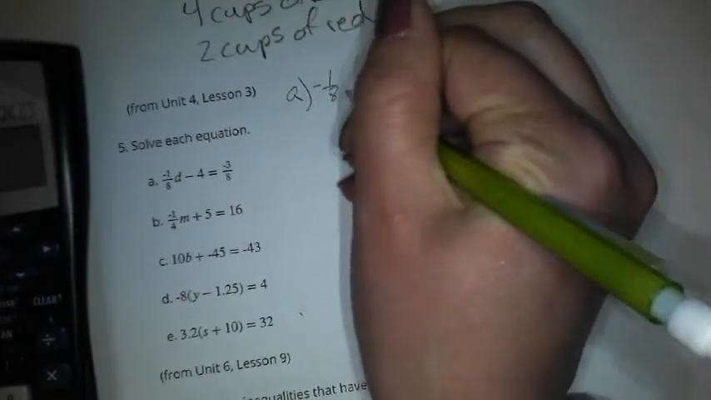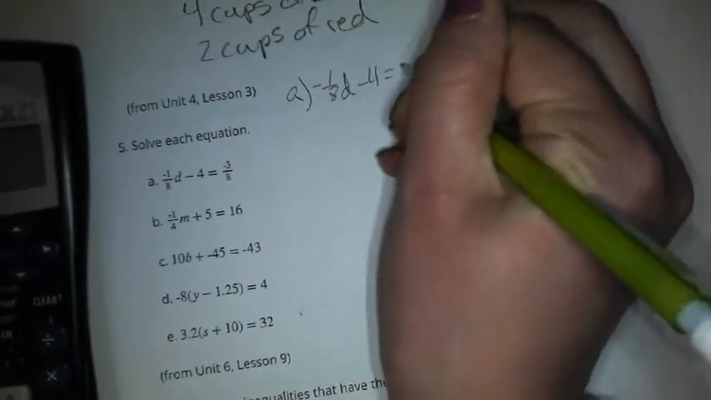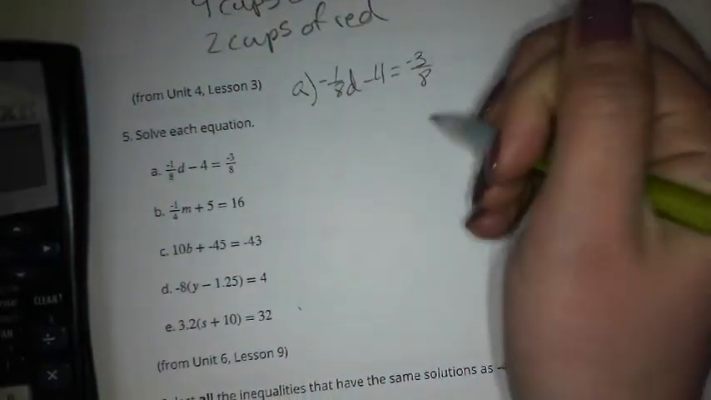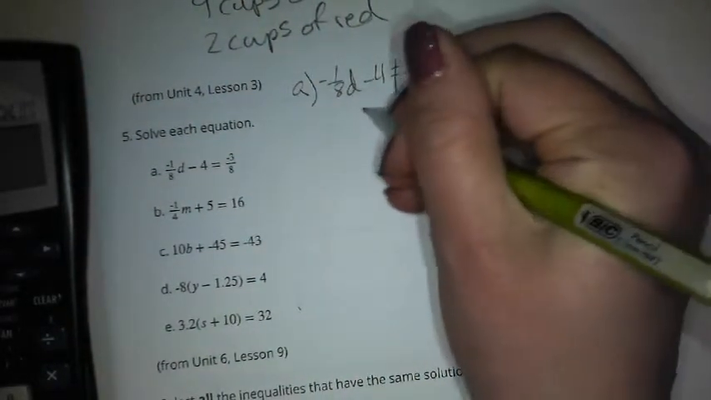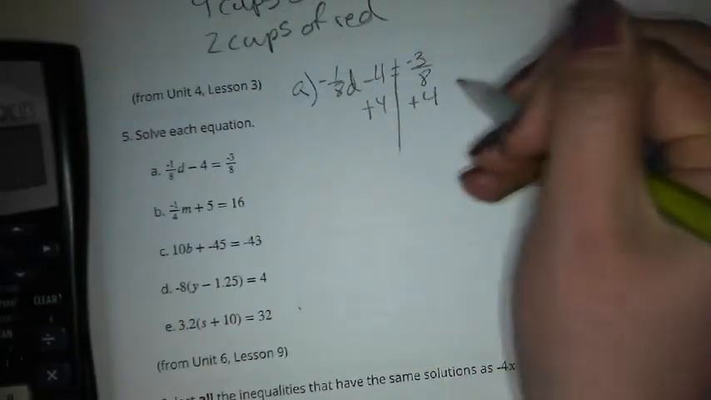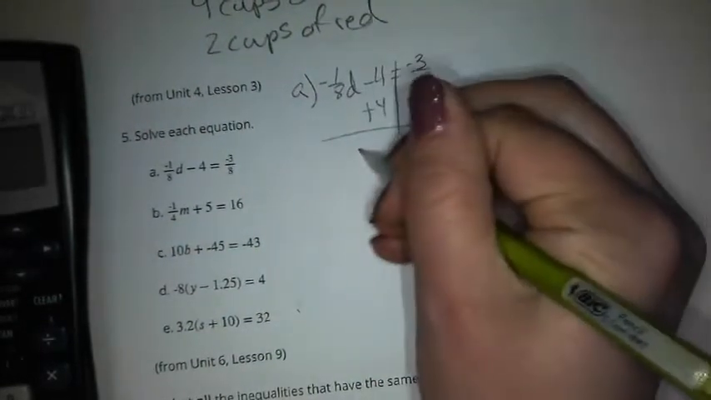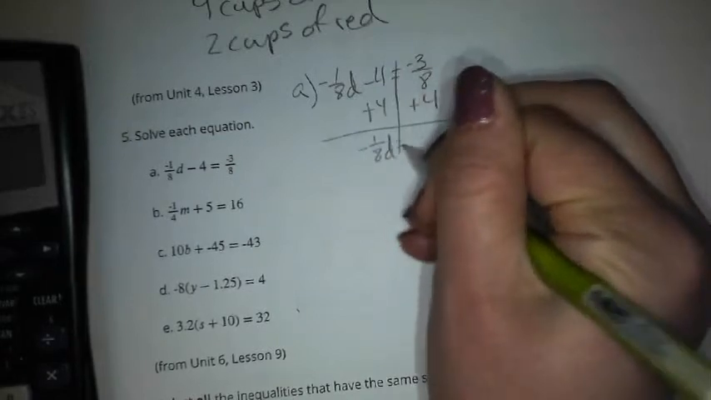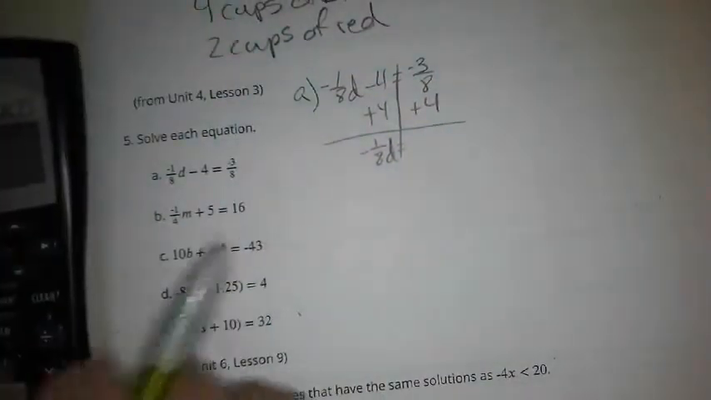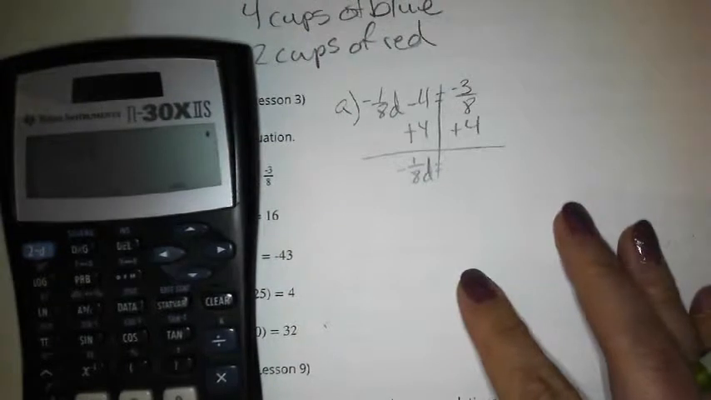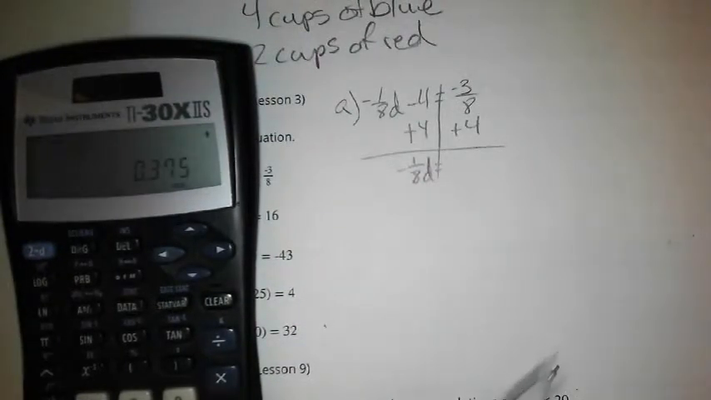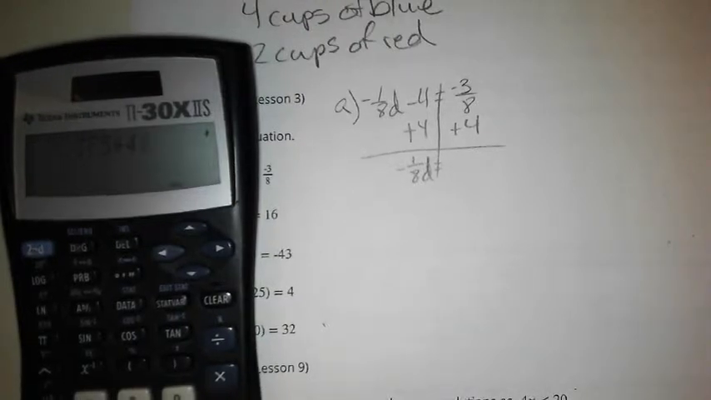Okay, 5. Solve each equation. Alright, A. Negative 1/8 d minus 4 equals negative 3/8. So split it in 2. I'm going to add 4 to each side here. Negative 1/8 d equals, let's see, 3 divided by 8 is 0.375. So I have a negative 0.375 plus 4 more is